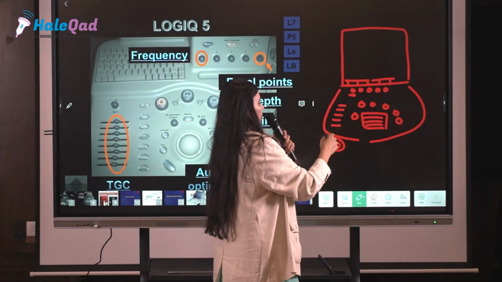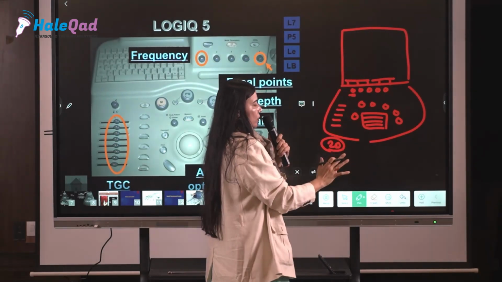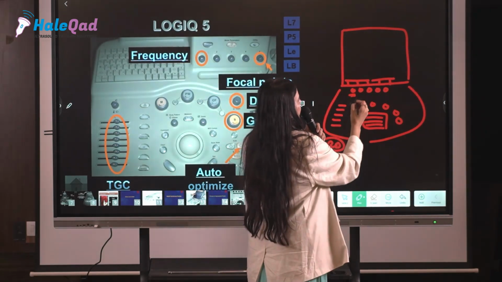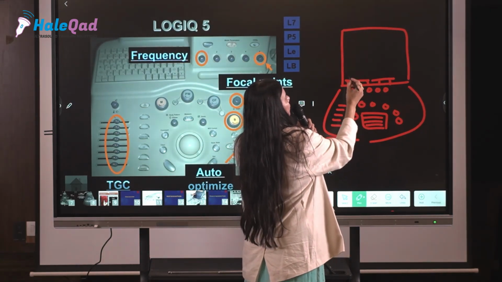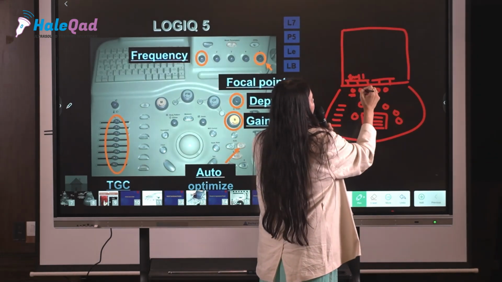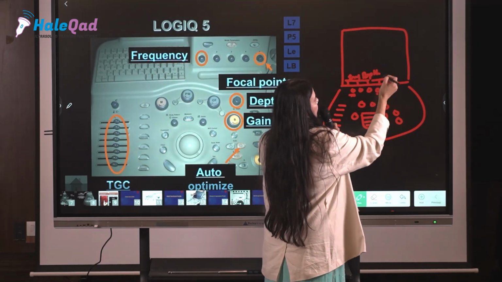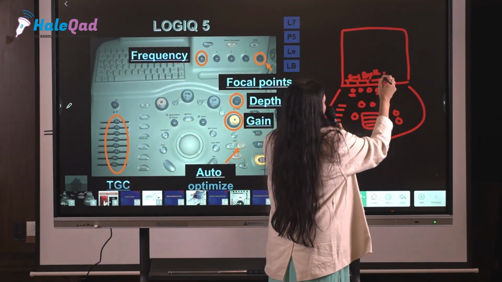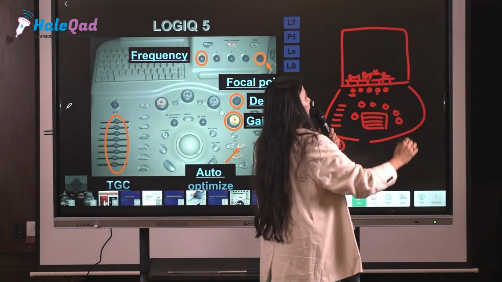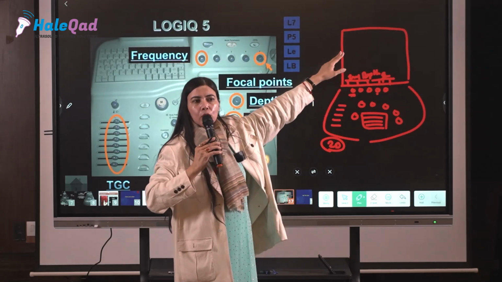When you are running in 2D mode, you have pressed the 2D key, you are conducting a simple 2D scan, this knob will function for frequency. This dialog box is going to reflect something like frequency, FREQ. Then this knob will reflect depth on the dialog box. This will reflect, say, focus or something like that, which this dialog box is going to tell you. This is for the 2D scan.